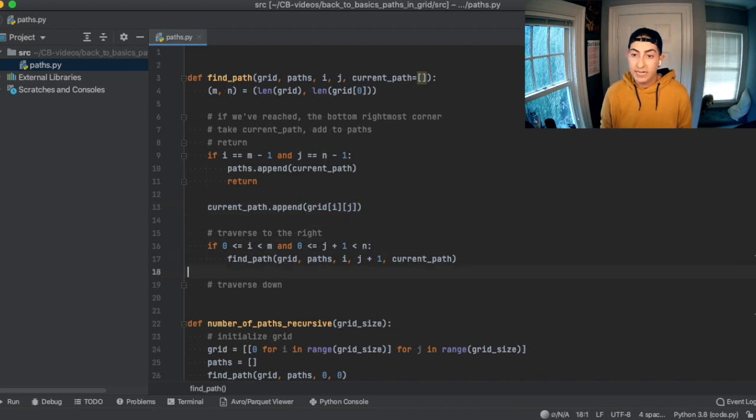Here we'll have our current path, which is going to grow as we traverse. And then when we finally hit our base case, we're going to have a current path that we've been collecting this whole time, and we're going to add that to the paths, right? Okay, so